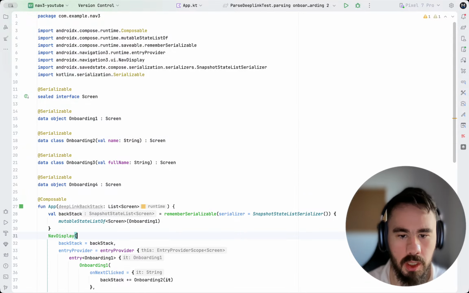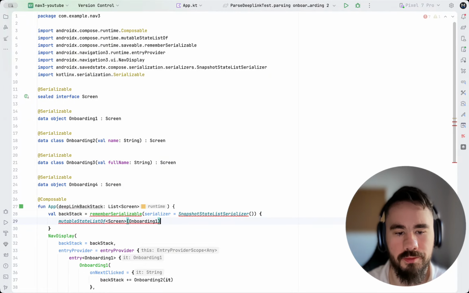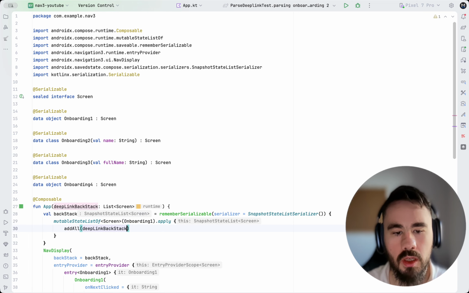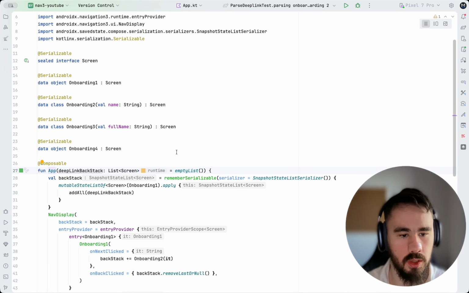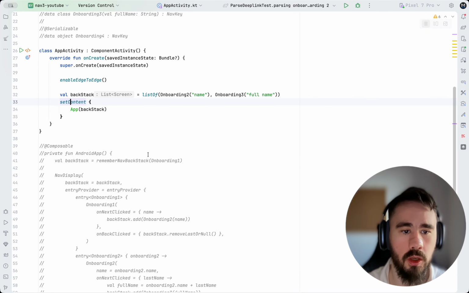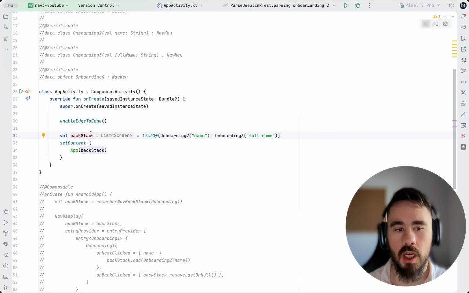The deep link back stack, and then we will have add all. We will have this so it doesn't mess up our iOS. I will test this just on Android because it works the same. So here I commented out all the Android one because we have all the same names. I've created the backstack